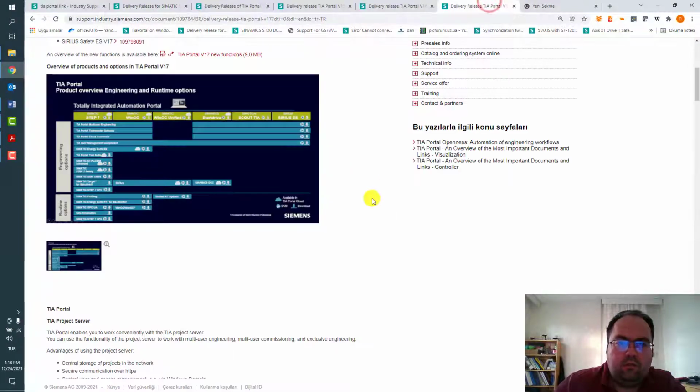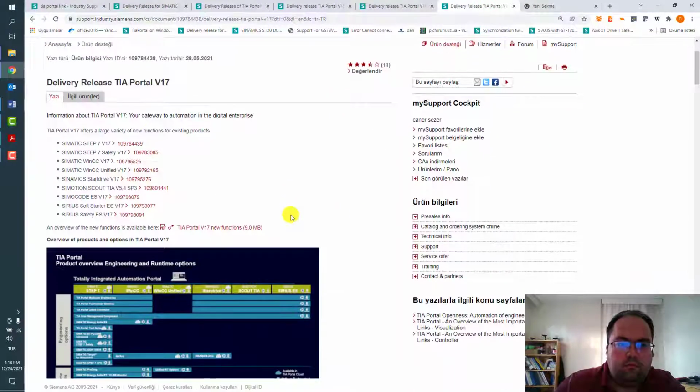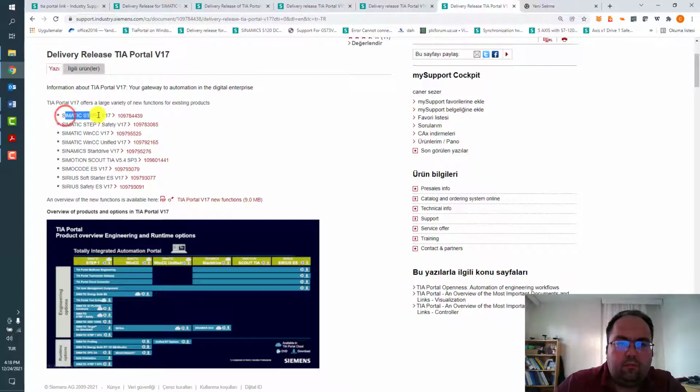So you can download the latest trial setup files from the website with this entry ID. STEP 7 Safety option you are going to need if you use failsafe input and output hardware with STEP 7 300 distributed safety or STEP 7 1200, 1500.